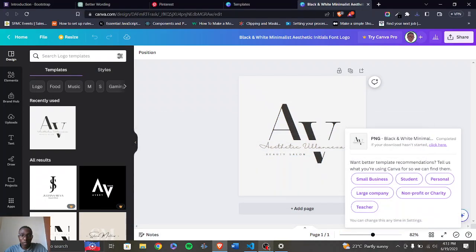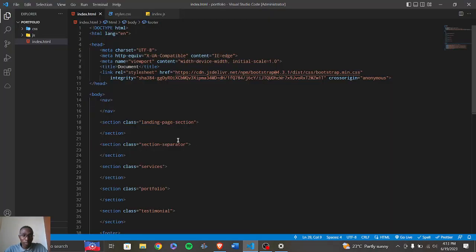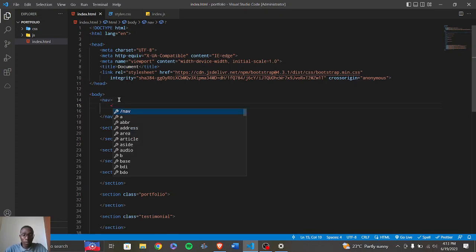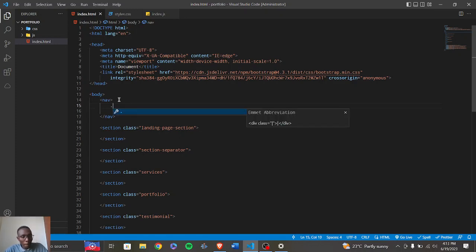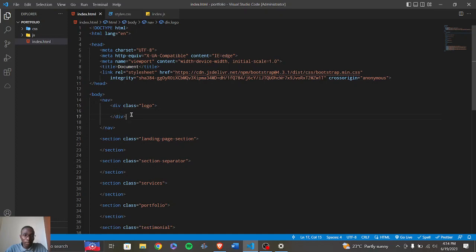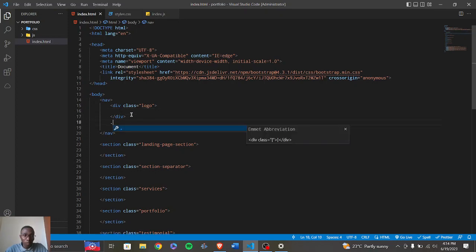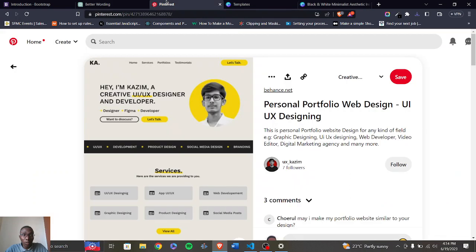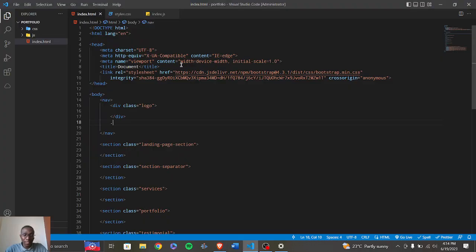Let's do this. So this nav section has 3 sections. It has the logo. So we are going to give that a div called logo. So just call it .logo, and then it has another div that we can call. What can we call this div? We can call that navigation,